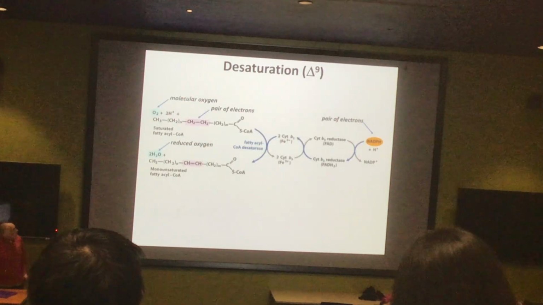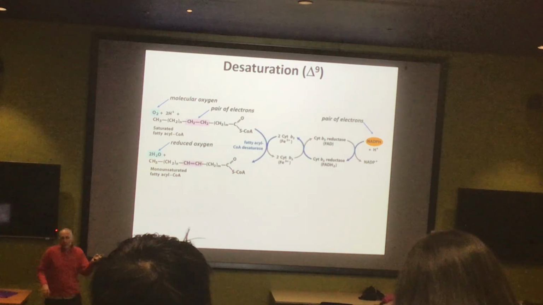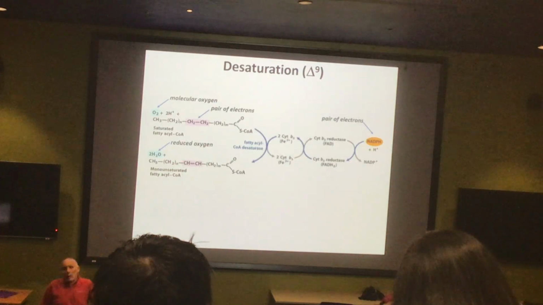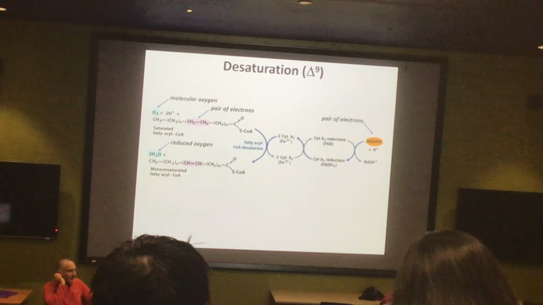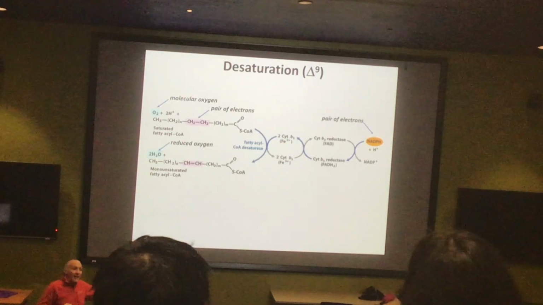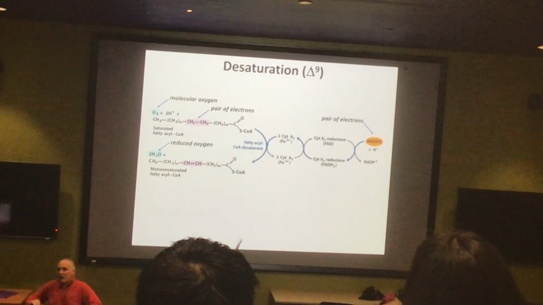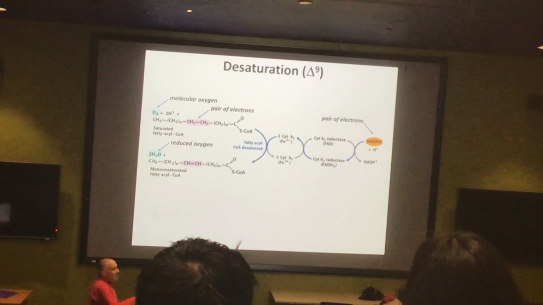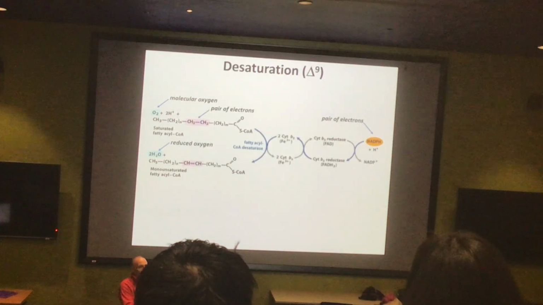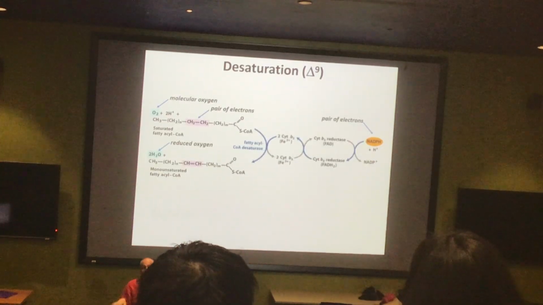What about unsaturations? It might seem that, well, we already had an unsaturation, so the logical chemistry would be just stop where you need the unsaturation, right? If you had a double bond, we could save ourselves some electrons by not getting rid of that double bond. It turns out that would have been great if nature did that, but much like the ribosome is pretty much an unintelligent machine, it will just make anything that you feed into it as long as it involves amino acids. The fatty acid synthase doesn't know anything.